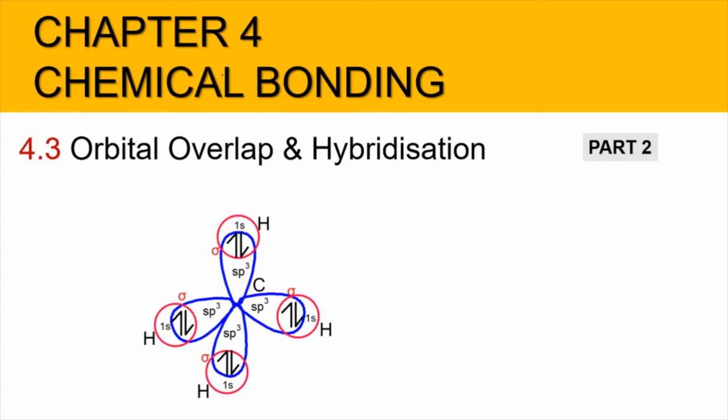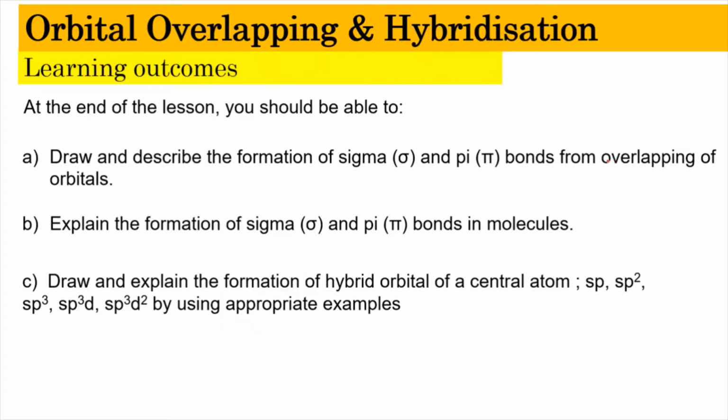So now we are in chapter 4, chemical bonding, and the subtopic 4.3 orbital overlap and hybridization, part 2 of the video. In this video, we're going to learn about the drawing and the explanation for the formation of the hybrid orbital in the central atom. So we have the sp hybrid orbital, sp2, sp3, sp3d, sp3d², and we're going to look at that using appropriate